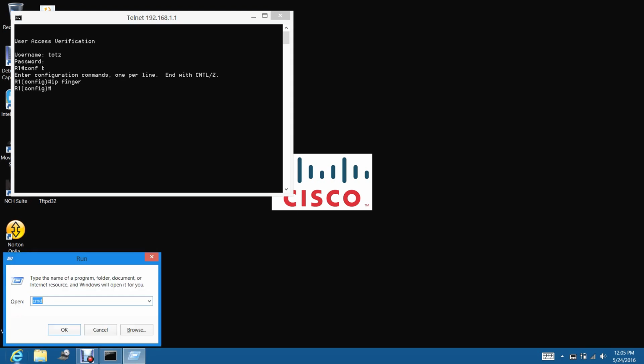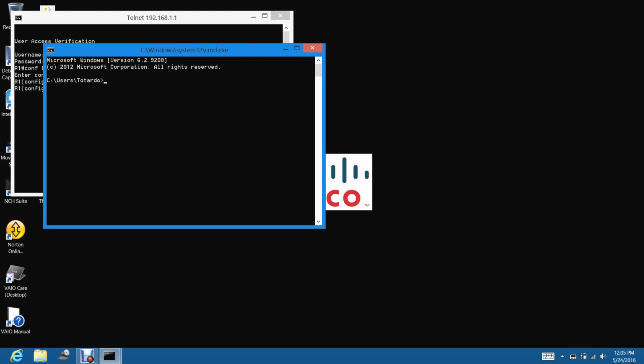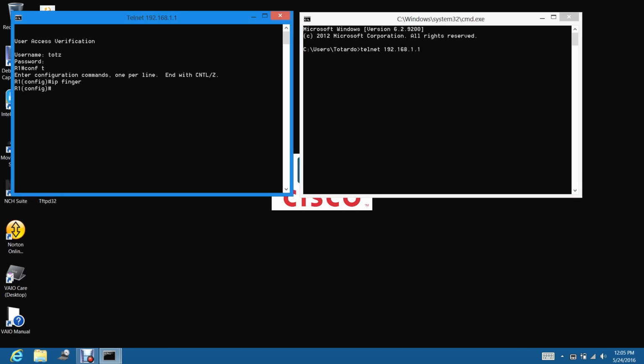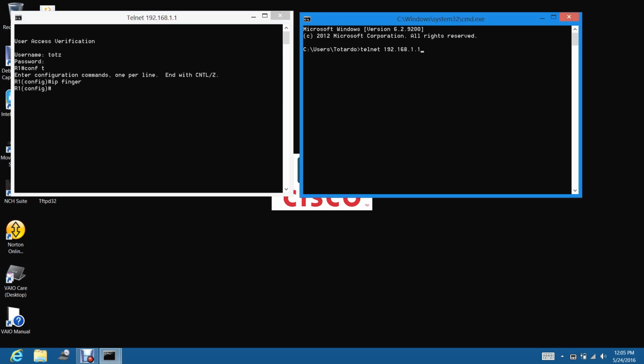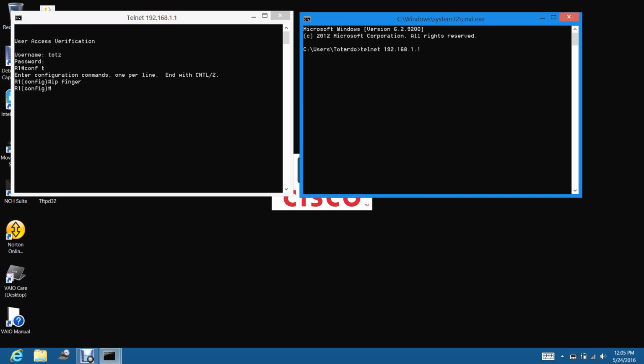Then open another CMD and try to telnet to the IP of the same router which you configured the IP Finger command on. So telnet, space, the IP of the router that you recently configured with IP Finger, followed by space and type Finger.